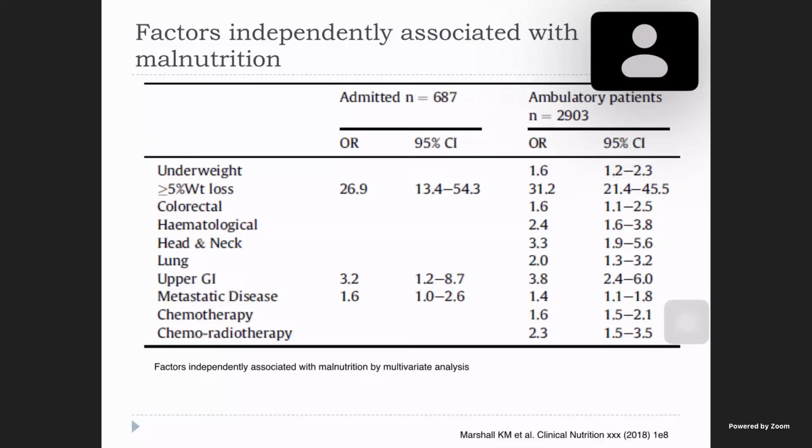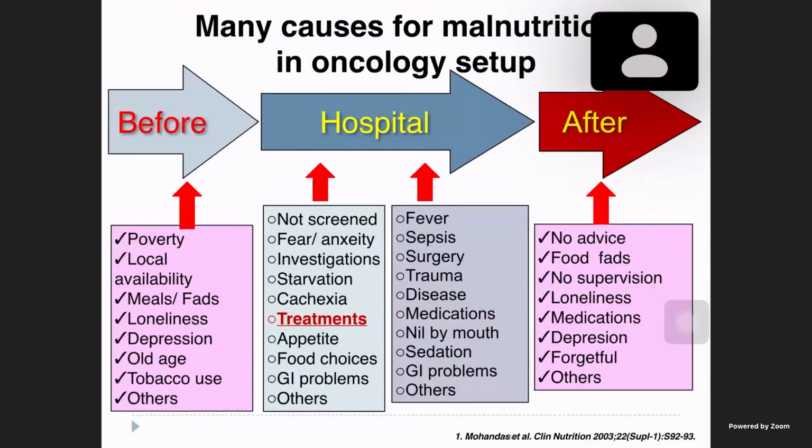So there are many causes of malnutrition in the oncology setup. It may be there at the time of diagnosis. It may be there when the treatment is going on, or it may be after the treatment has started. So before or at the time of diagnosis, it may be social factors like availability of food, place of stay, poverty,